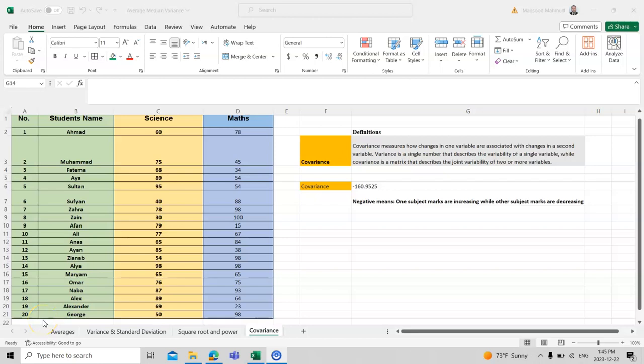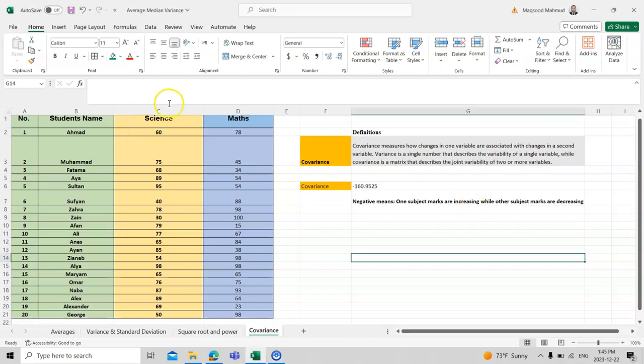Dear kids, today we will see how to find the covariance. You might be wondering, what is covariance? Basically, covariance is when you have two variables, for example, marks for science and maths, and you want to see how the marks are changing with respect to each other. For example, if science is increasing or maths is decreasing, you see the variability in that. That is called covariance. If there is only one subject, we find the variance, but when we have two subjects,